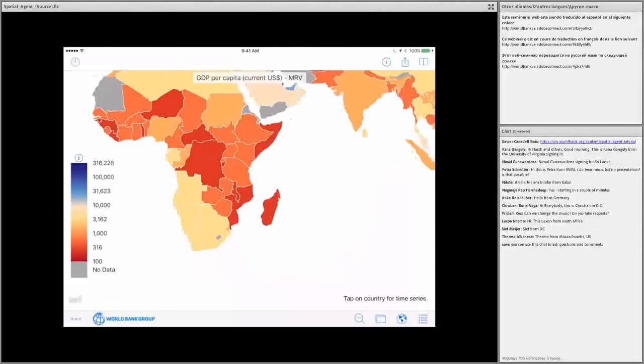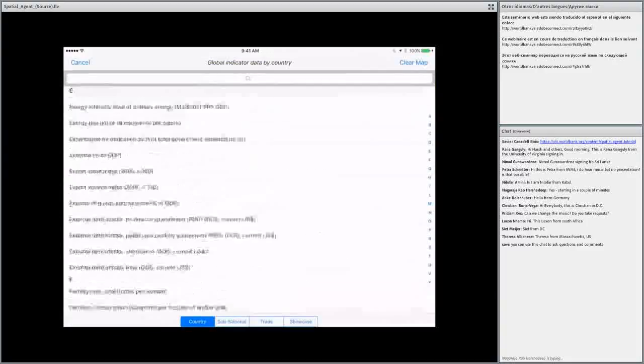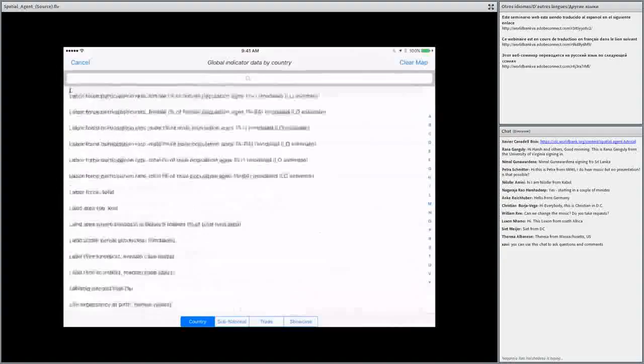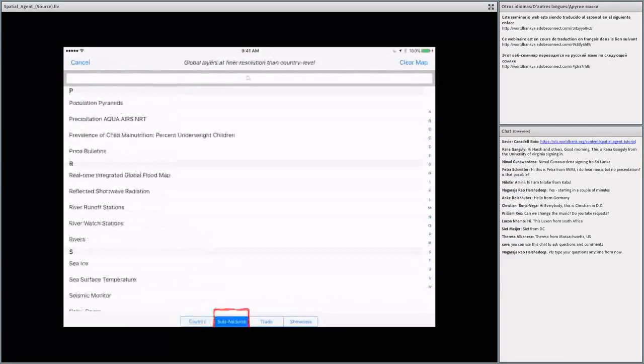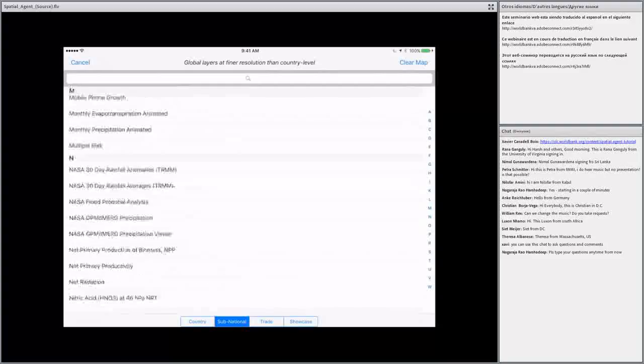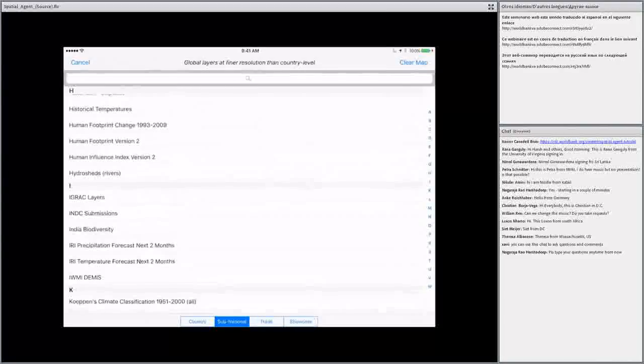If you wanted to look at other country level indicators, you could go in and peruse the whole list that's there, and it has a lot of different details, but these are only one number per country. If you pick the subnational tab, that's the second tab at the bottom, you'll see that there's a lot of other data sets that show up, which are actually really interesting in terms of showing a lot of the data